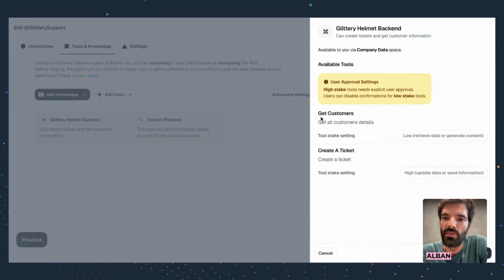So we can see here that we've got two tools in that server, get customers and create a ticket. So whenever an agent is going to try to use that server, it's going to ask the server for the list of tools that are available, and then try to use one. So it's going to try to use either get customer or create a ticket. And what I can show here as well is that for the get customers, I set it as low stake in the tool stake, meaning that the user can decide to not be alerted